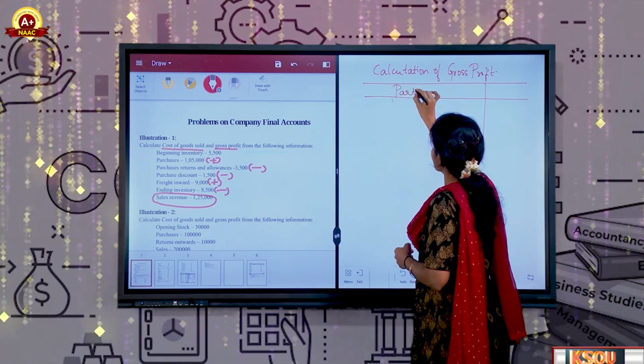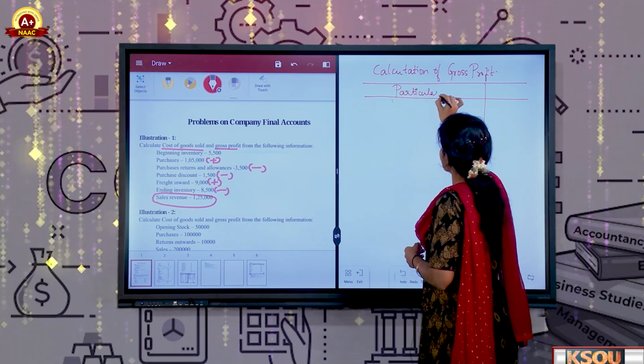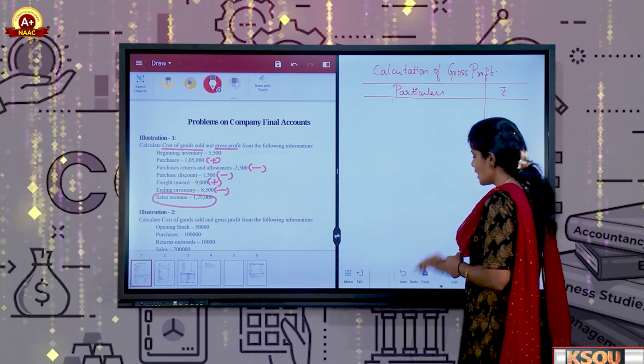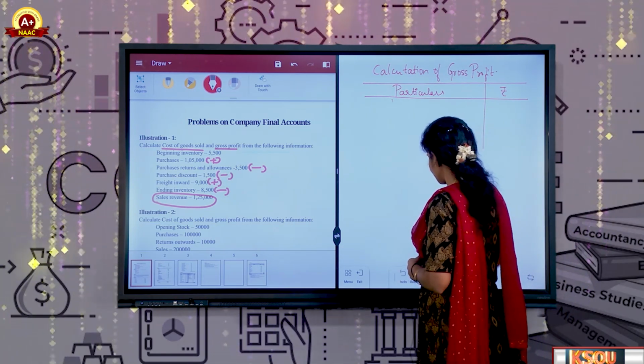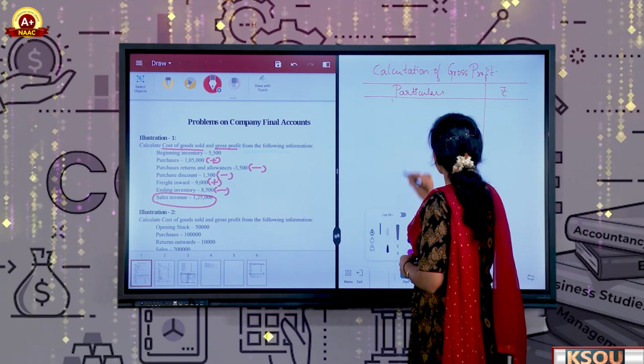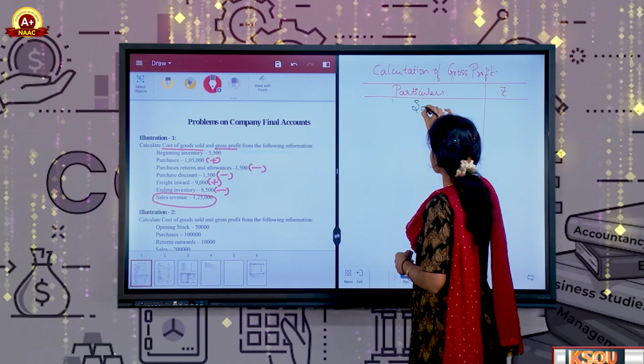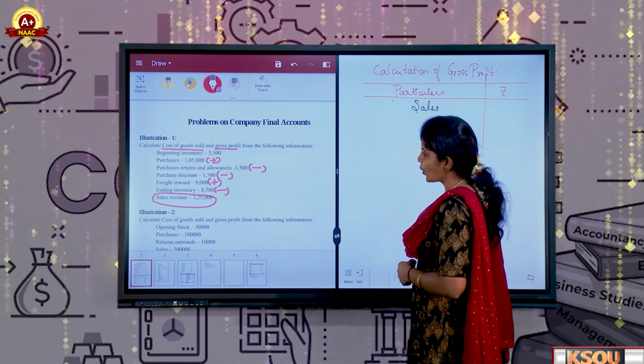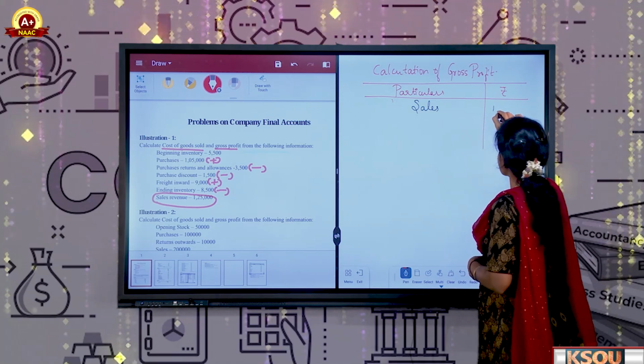Particulars, one amount column is enough. Particulars and amount column. Okay, let us take first sales or sales revenue. What is the amount of sales? Sales, it is